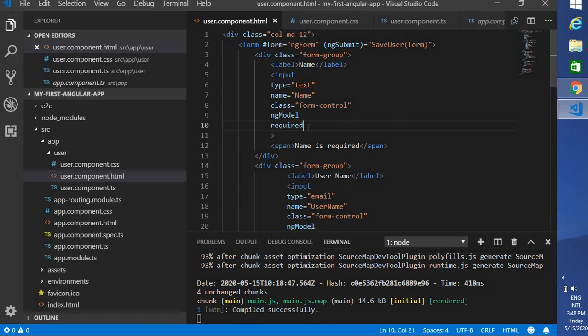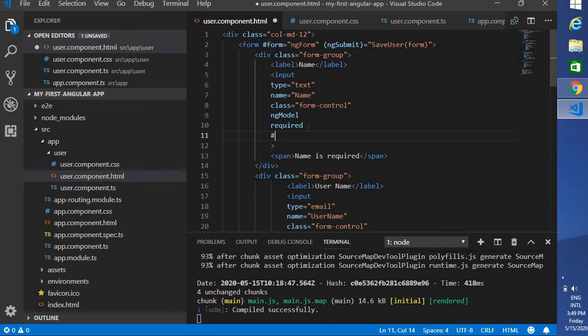So for that, you have to create a local reference. I'm giving it as name equal to ngModel, you should give it. So now we have created a local reference of the ngModel.